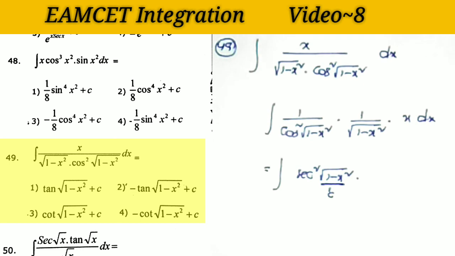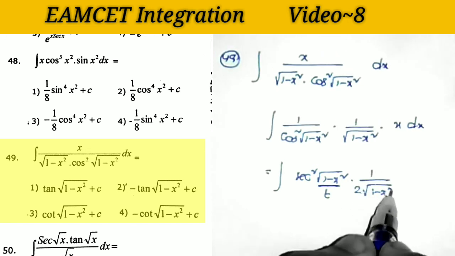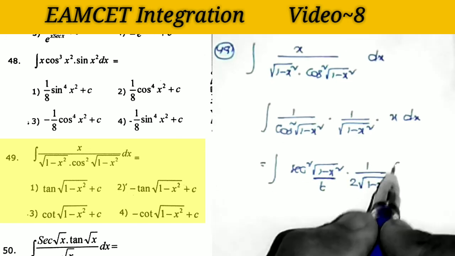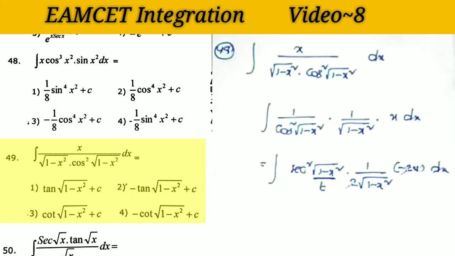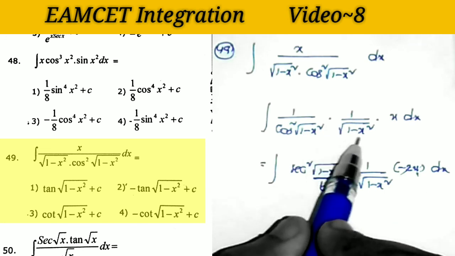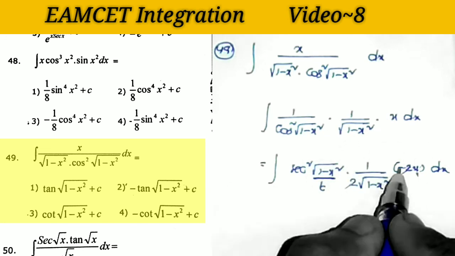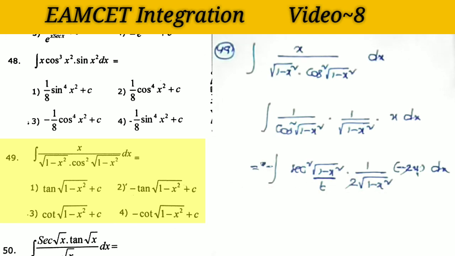Into, now I take that this value is equal to t. Okay, root 1 minus x square is equal to t. What is the derivative of the root 1 minus x square? 1 by 2 root 1 minus x square. What is the derivative of 1 minus x square? Minus 2x into dx. Now here 2 and 2 get cancelled. So what is the derivative here? 1 by root 1 minus x square into minus x. Already here we have 1 by root 1 minus x square into x. That is applying the minus here. Just I apply the number minus and minus to this question like that.